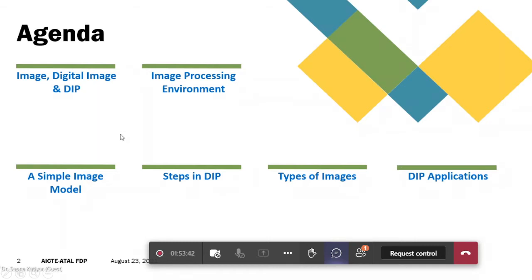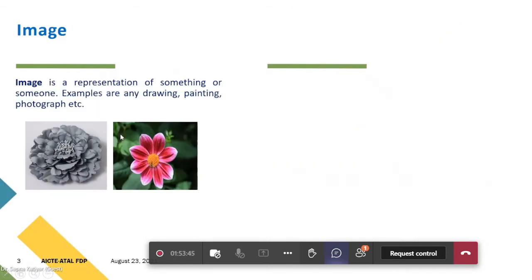So to start with, first you have to understand what is image. See, if you have to define, image is nothing but whatever you are observing, whatever you are drawing, whatever you are just clicking. So it's a representation of something or someone, whatever you would like to pinpoint or you are observing. That is actually the images. Here in this particular slide, you can observe the two images have been taken of a flower. One is the black and white, other is the colored image. So this is actually what you are observing, a flower. That is what the image is, right?